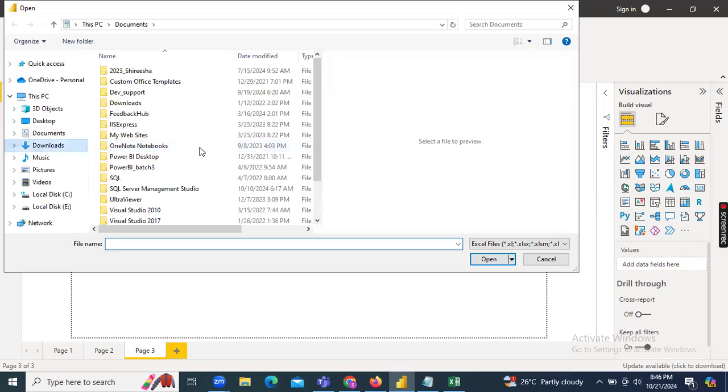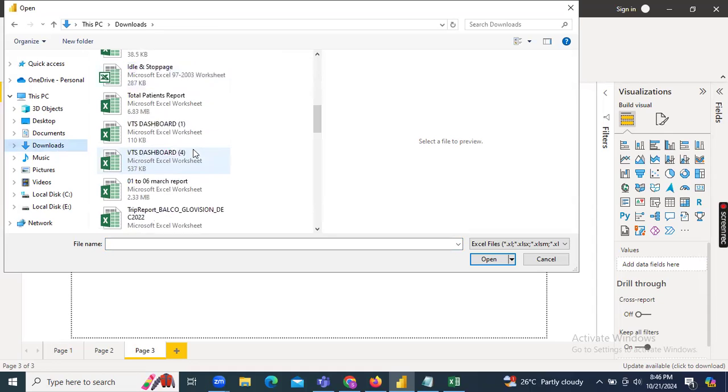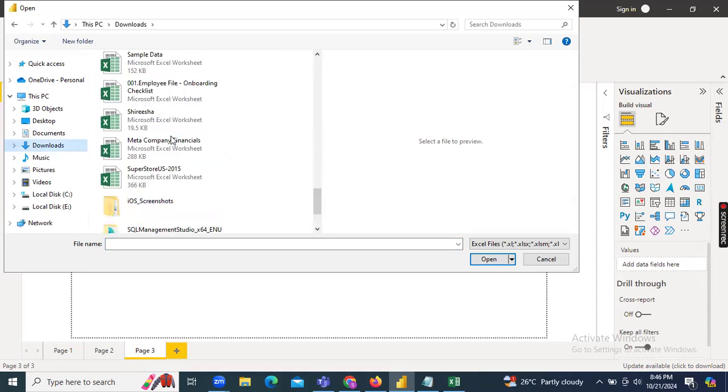Once we connect to the Excel data source, I already have some sample data. I will show you. So let me open this file.